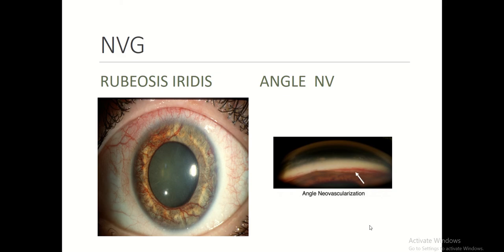So where do you get this kind of abnormal tissue? For example, in a patient with neovascular glaucoma, you get new vessels over the iris. These are all new vessels over the iris, not the normal vessels. It is called rubeosis iridis, and you can also see new vessels over the angle. Initially, these new vessels will be going across an open angle and interfering with filtration. Later on, there will be a fibrovascular membrane formation, and once this fibrovascular membrane contracts, the iris gets opposed to the cornea, permanently sealing off and closing the angle of the anterior chamber.